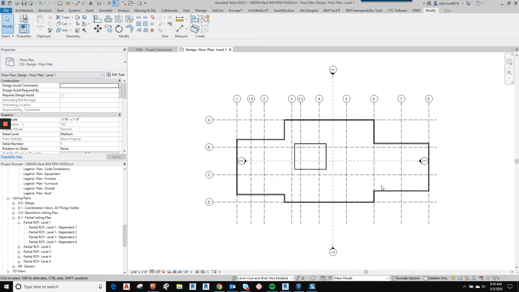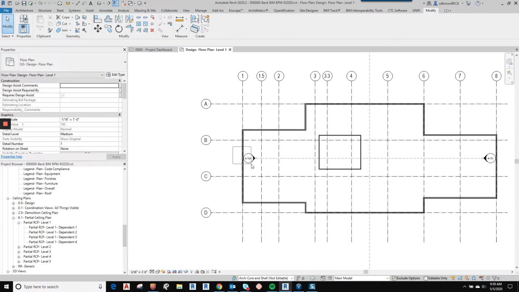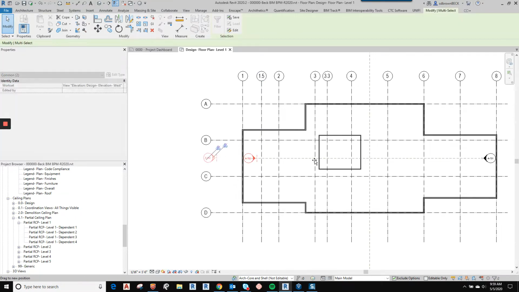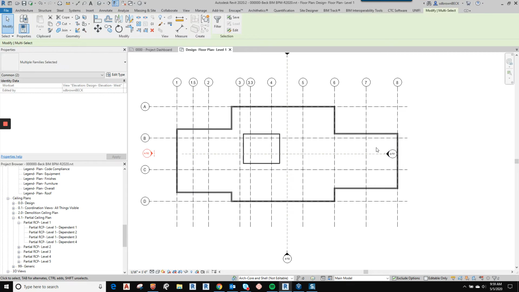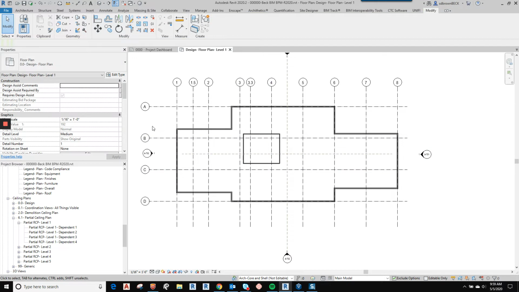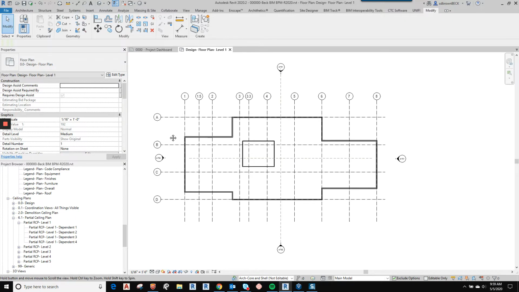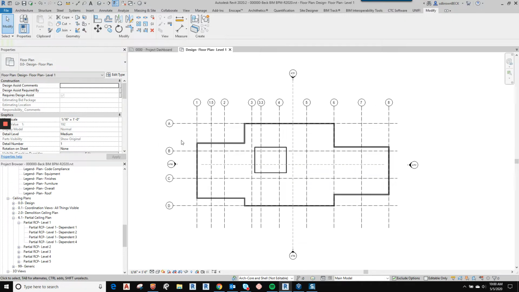So in our test project here, you see that we've created a building outline. It's rather generic, not basing this off any design. We're just going to organically create a building as we go. The next tool we want to talk about in early design is the use of design curtain walls to indicate